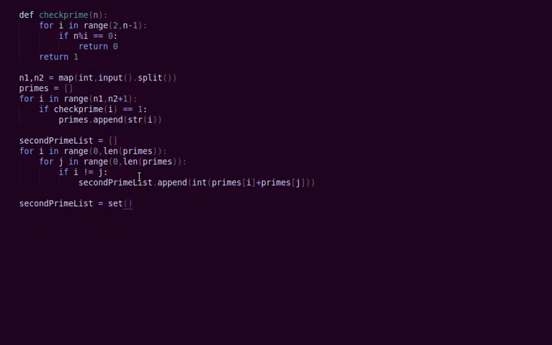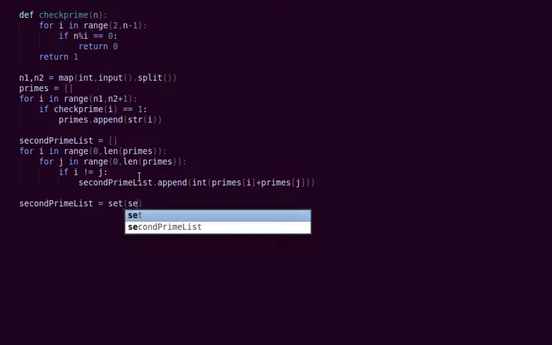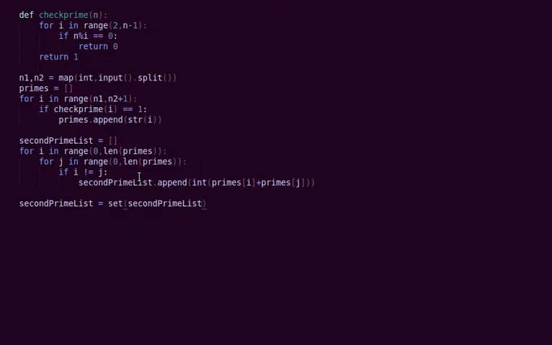So now I have the value 237, which is a prime, repeating 2 times, which is not good. So I want to remove the duplicates. To remove the duplicates in Python, we simply convert it into a set. So I'm converting the second prime list to a set, and then converting it back into a list.